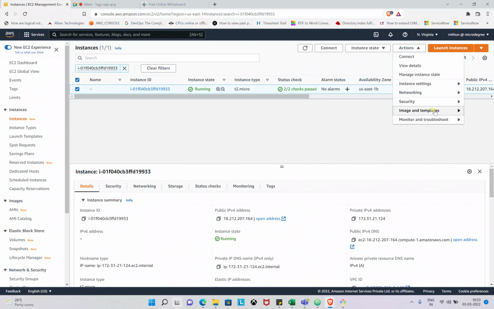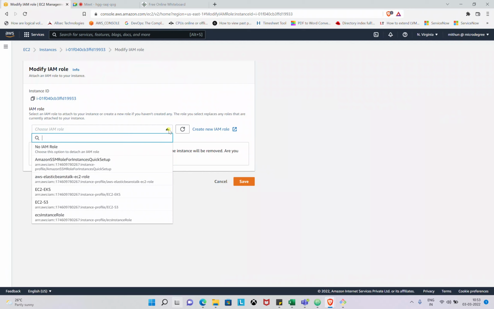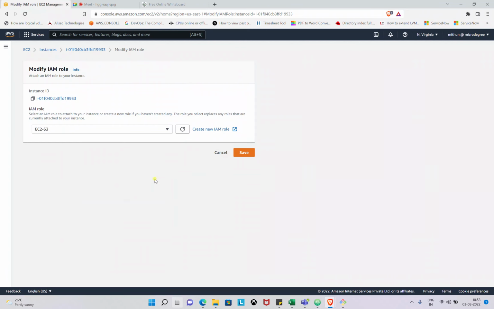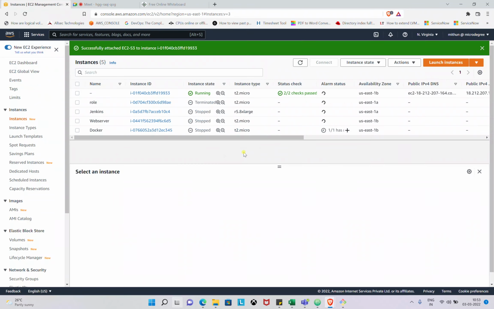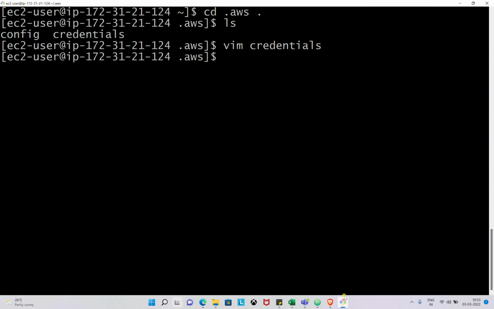Okay, so I'm going to the instance where I'm going to attach the role. Go to actions, go to security, modify IAM role. Select the IAM role, EC2 to S3, and save. That's it. Now let me run the command